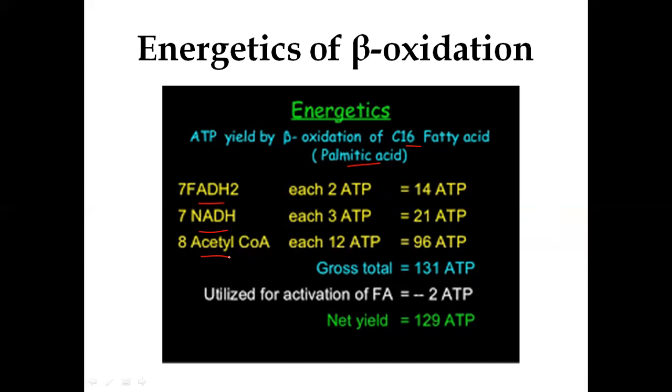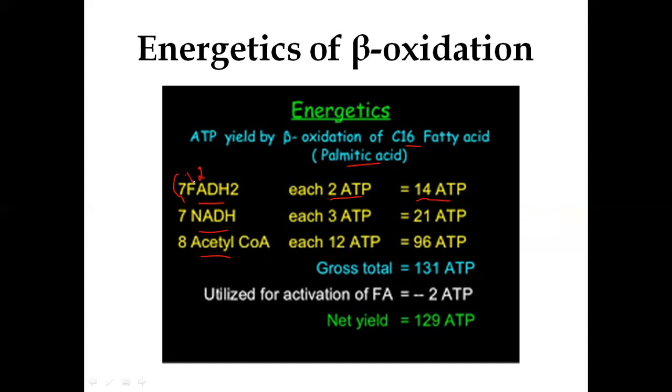Now, we all know that 1 molecule of FADH2 releases 2 ATP molecules. So, for every molecule of FADH2, there is generation of 2 ATP molecules in the electron transport chain. So, 7 into 2, it is 14 ATP molecules that will be formed from 7 molecules of FADH2. How did you get this 14? Each FADH2 releases 2 ATP molecules. So what about 7 FADH2 molecules? It is 7 into 2.